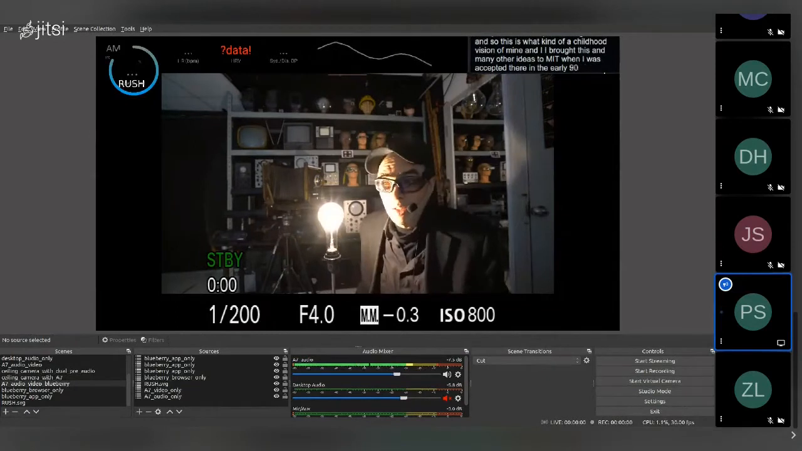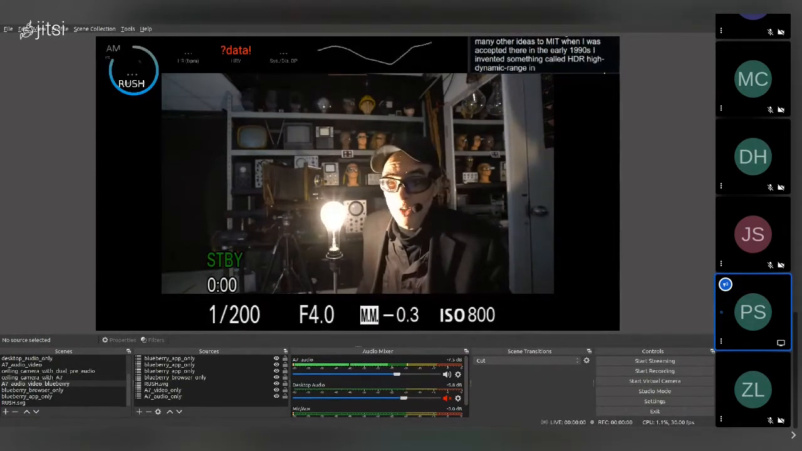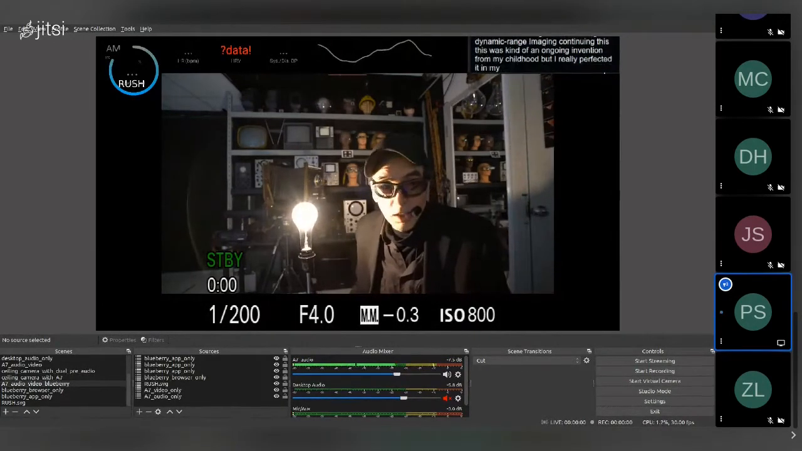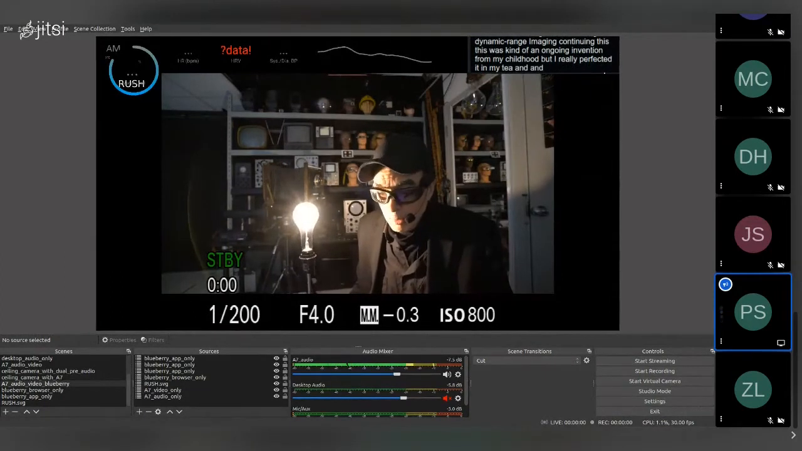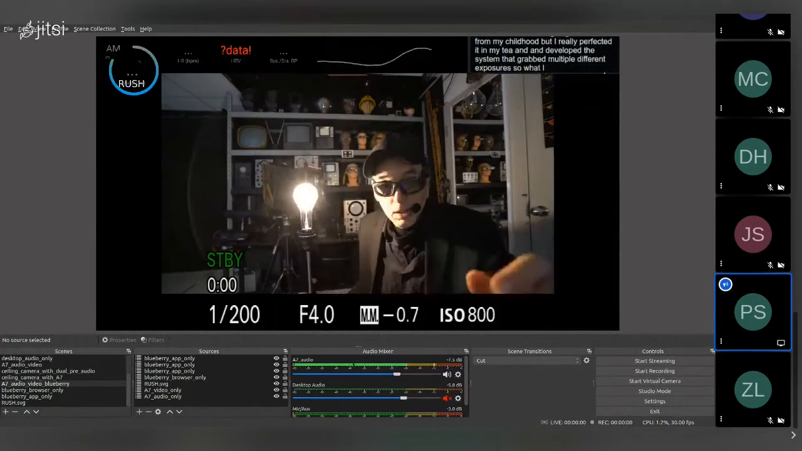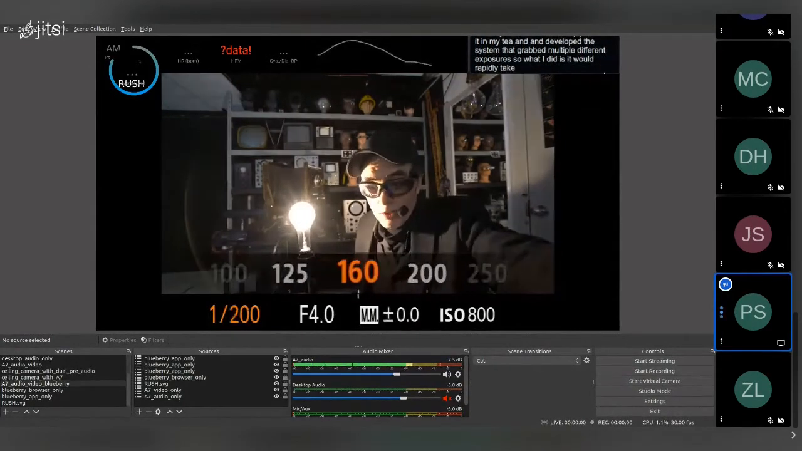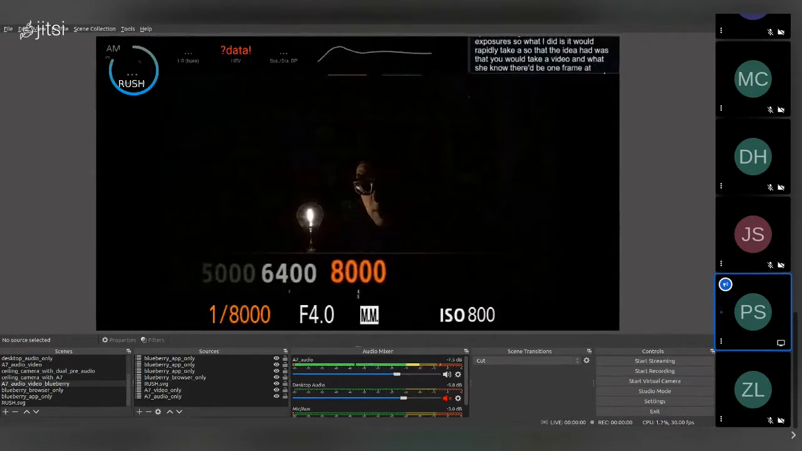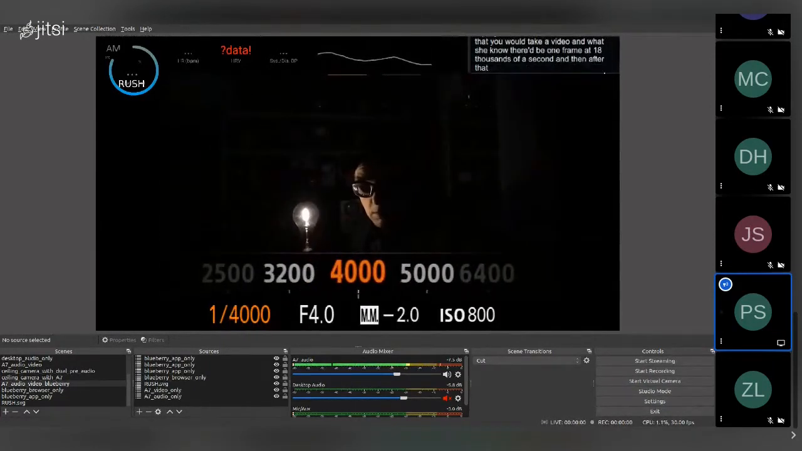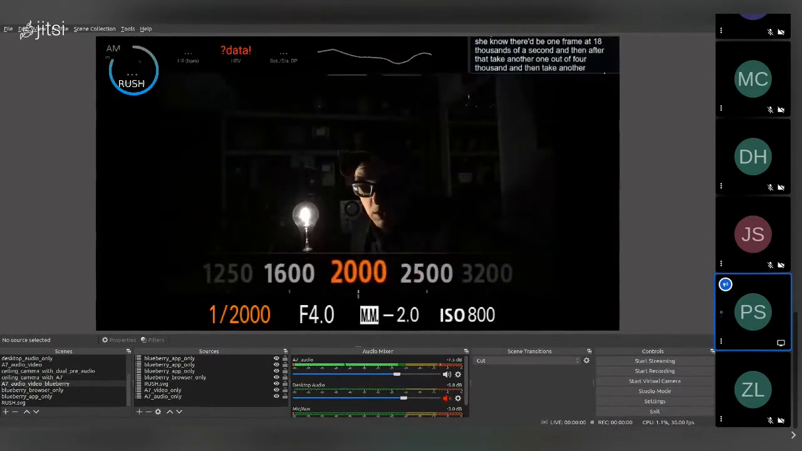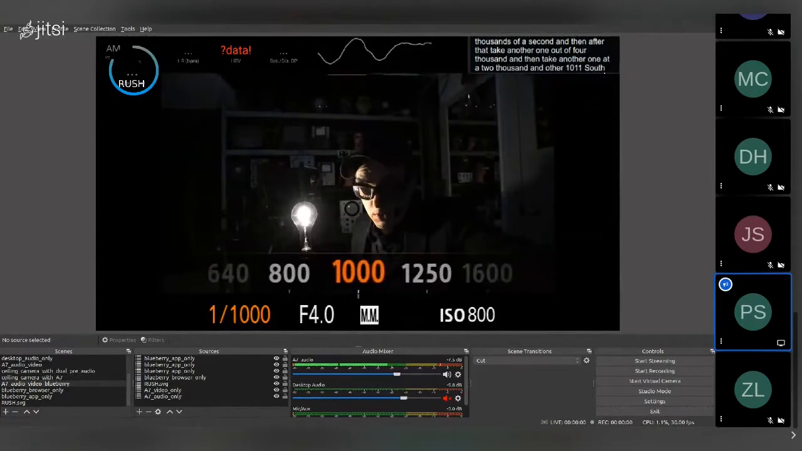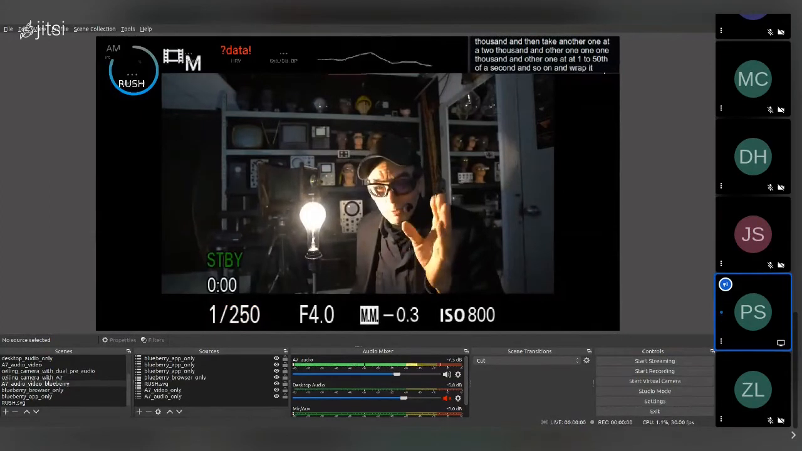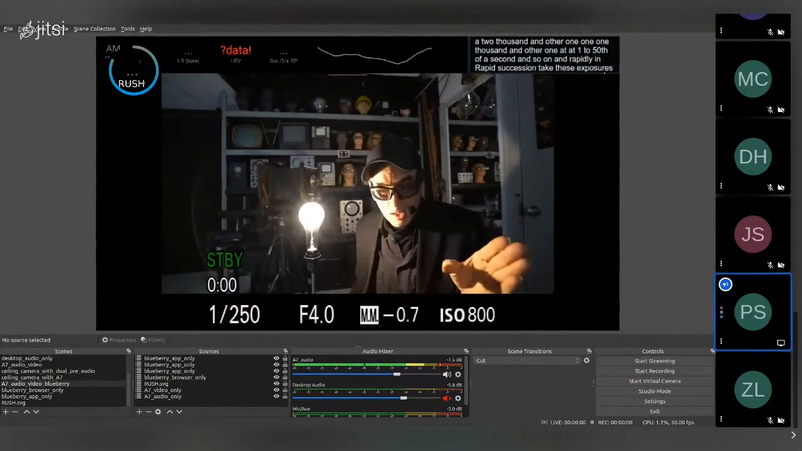In the early 1990s, I invented something called HDR, high dynamic range imaging. This was kind of an ongoing invention from my childhood, but I really perfected it at MIT and developed this system that grabbed multiple different exposures. The idea I had was that you would take video in which there would be one frame at 1/8,000th of a second, and then after that take another one at a 4,000th, and then another at a 2,000th, and another at 1/1000th, and another at 1/250th of a second, and so on, in rapid succession,